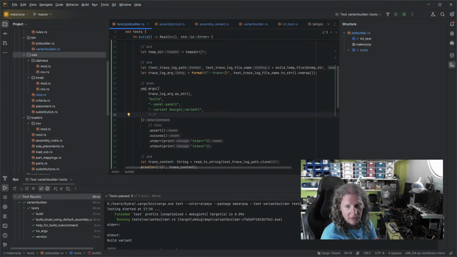Now, ideally, there'll be some nice little user interface GUI to help you build all this information up, right? Which we'll build later. We don't need it just yet. So I suppose if the first panel that you're specifying is panel 1, and the first variant that you're specifying is variant 1, then you could say